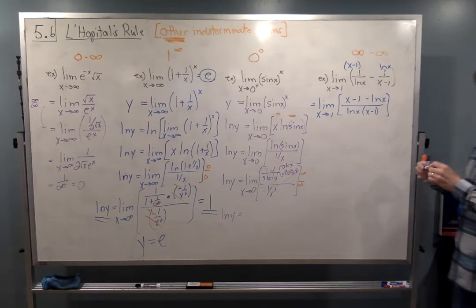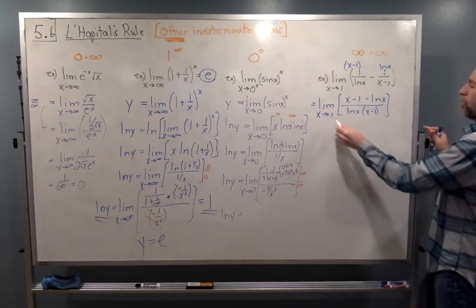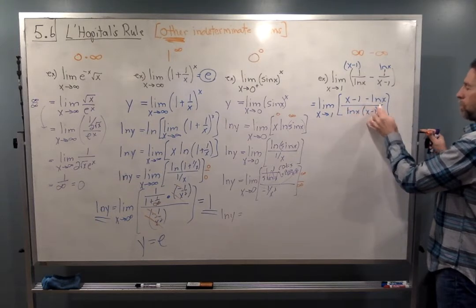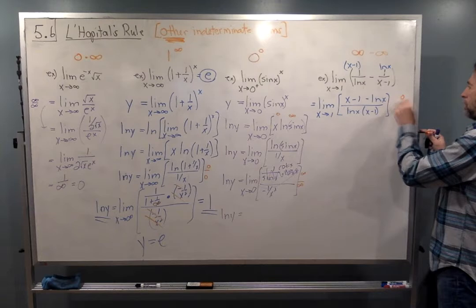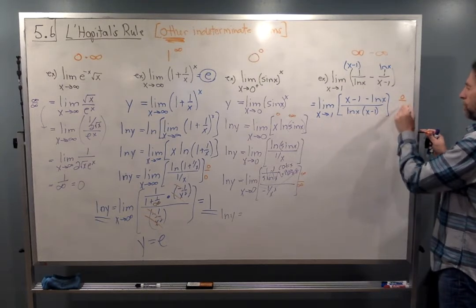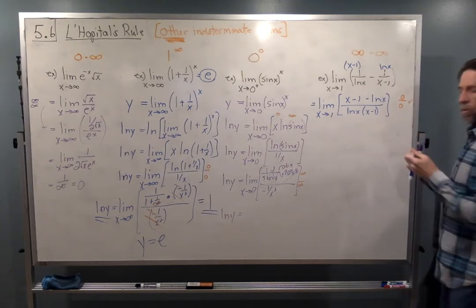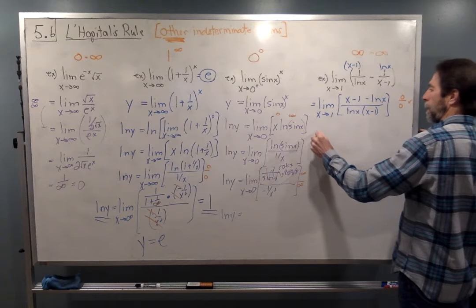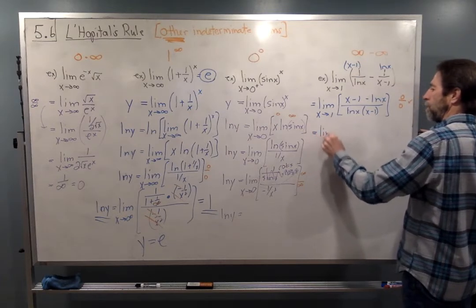Now, let's see what we got. If we go ahead and put a 1 in, we got 1 minus 1, which is 0, minus log 1, which is 0, so we have 0. We put a 1 in here, log of 1 is 0, we get 0, so we're good. We can apply L'Hopital's rule exactly as this stands. When we do so,